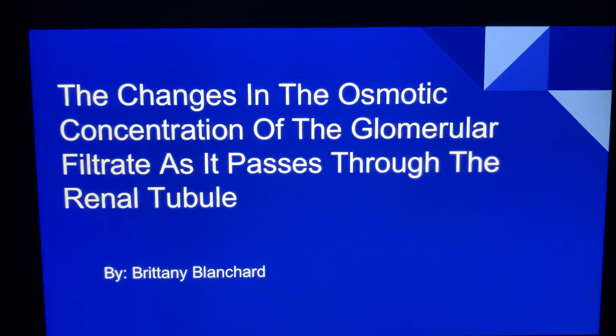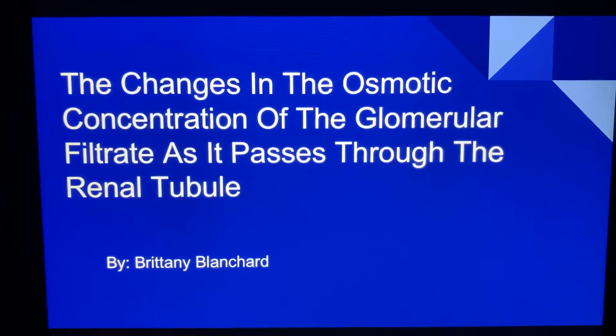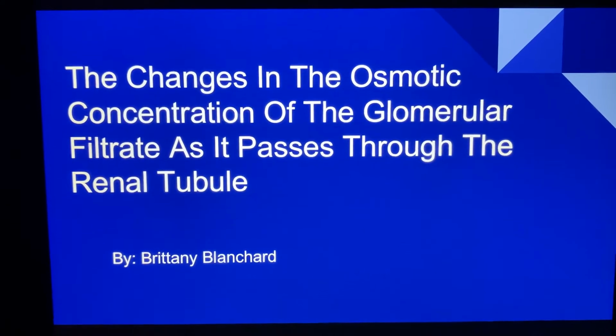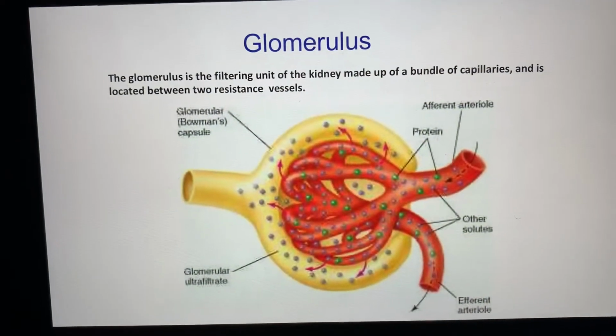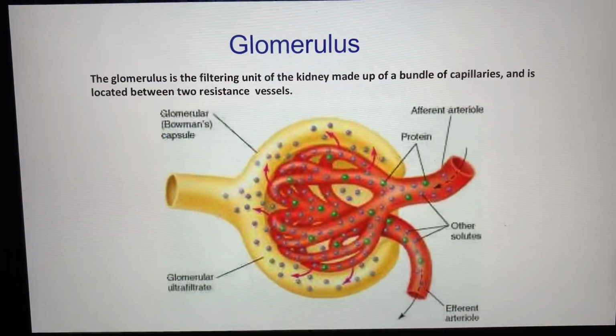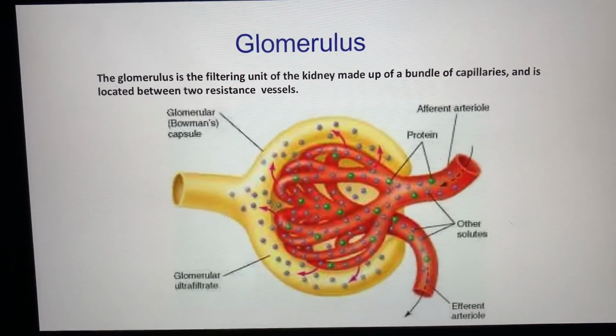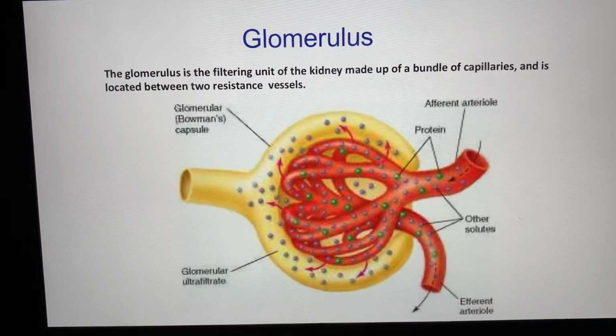The changes in the osmotic concentration of the glomerular filtrate as it passes through the renal tubule. The glomerulus is the filtering unit of the kidney, made up of a bundle of capillaries, and is located between